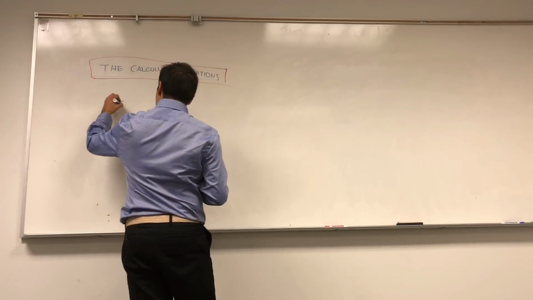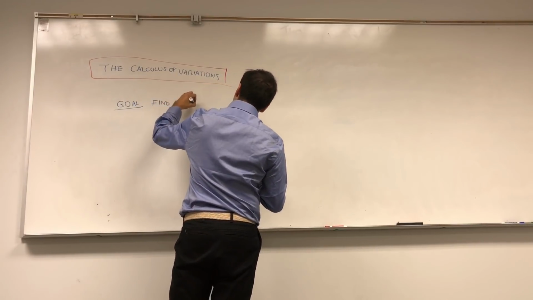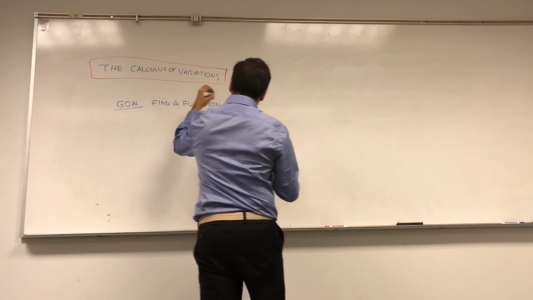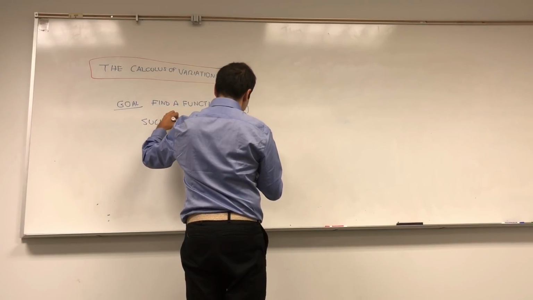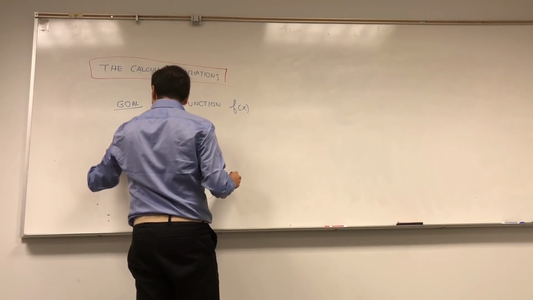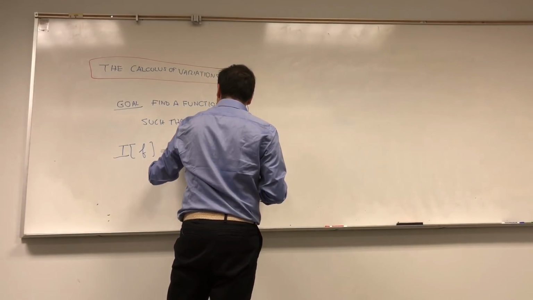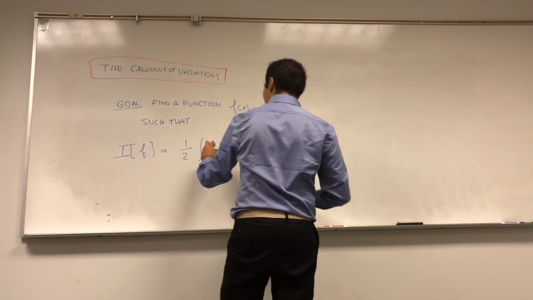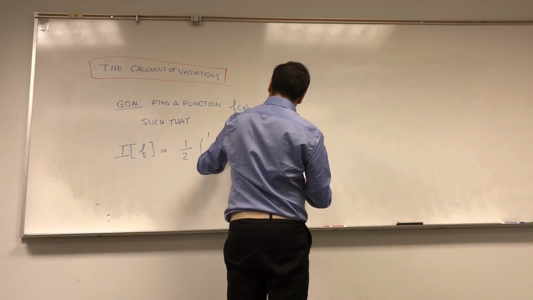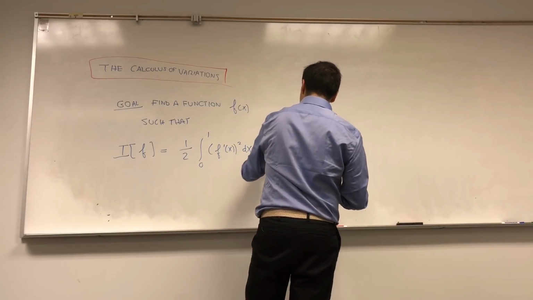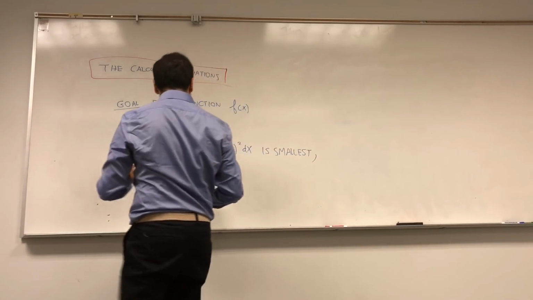So goal: find a function f, maybe continuous or something, function f of x, such that the following energy, and if you know physics, it's exactly the kinetic energy, 1/2 integral from 0 to 1 of f prime of x squared dx is smallest. Among all functions f,